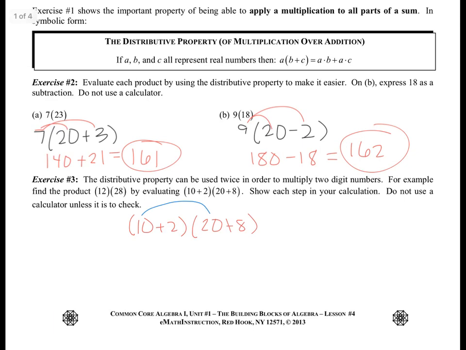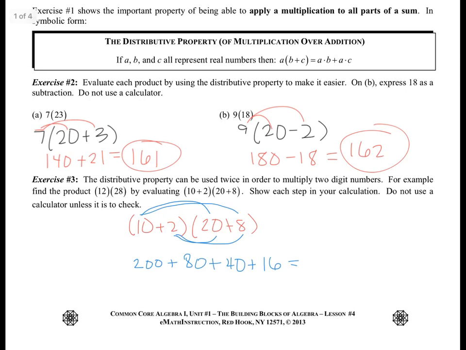So 10 times 20 is 200, plus 10 times 8 is 80, plus 2 times 20 is 40, plus 2 times 8 is 16. So we had to multiply every single part of the beginning number by every single part